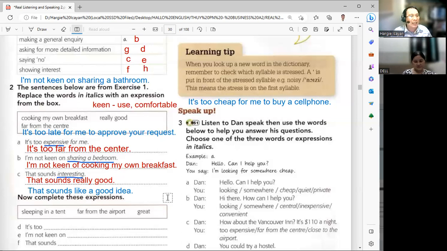Or you can also say that sounds so relaxing, right? You can also say that one. So that sounds